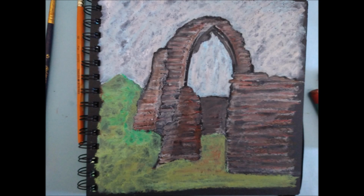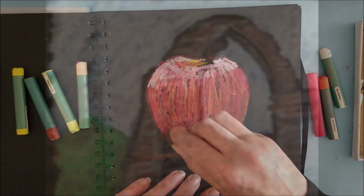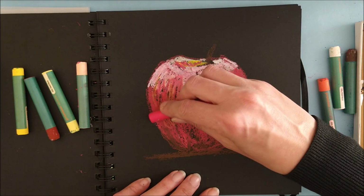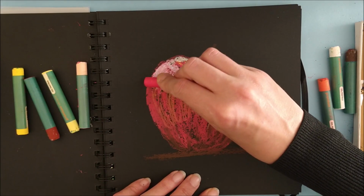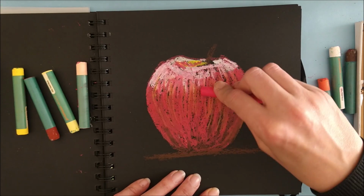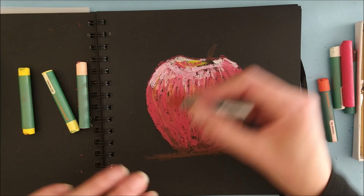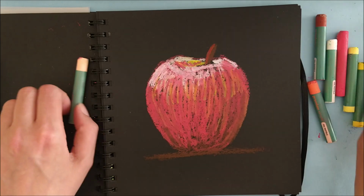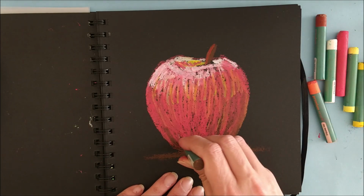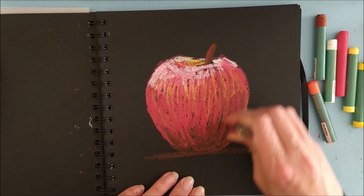And my simple go-to thing to draw when I'm trying a new art material that I've never used before is an apple. So I went ahead and I did an apple, and I made sure that I had quite thick coverage of colours. I kept scrubbing the oil pastels on until I thought that they were very thick, and when they start getting thick they blend less, I've found. So once I was happy with the coverage,